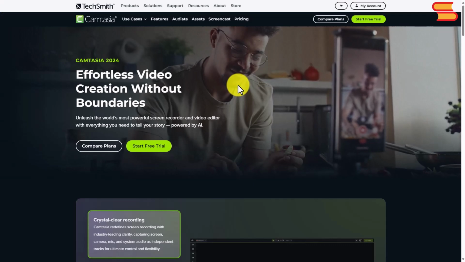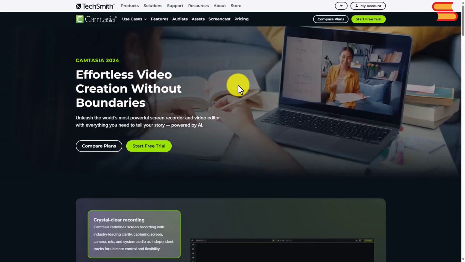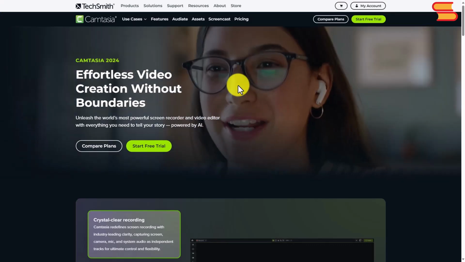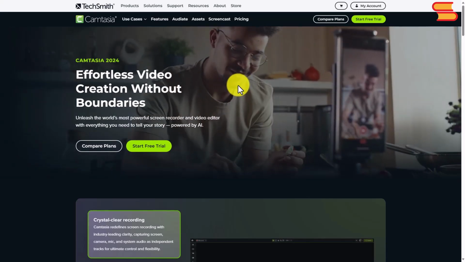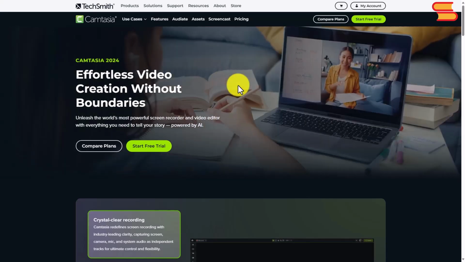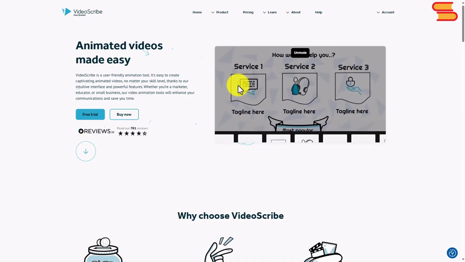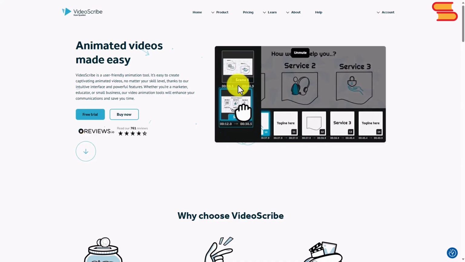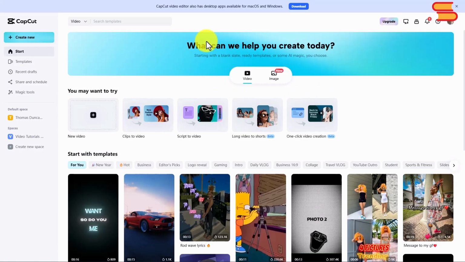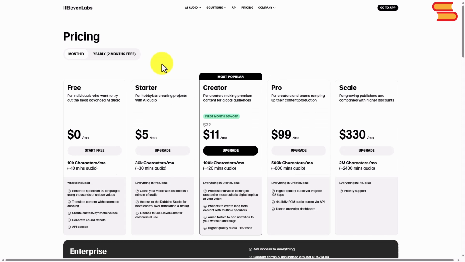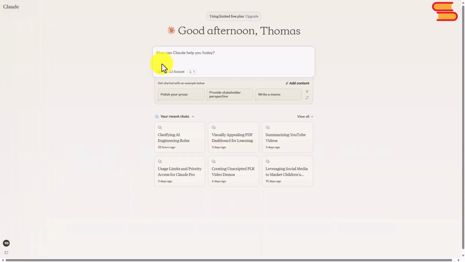Now, not all faceless videos are going to require a cloud-based AI in order to create them. In some cases, you can use a software and video rendering program like Camtasia Studio in order to construct your video. You may want to create a hand-drawn video that does not rely on AI, such as Sparkle Video Scribe. You'll also see tools that extend from the video editing feature of certain platforms. So it's a good idea to test the combination of tools that you'll need in order to create the videos that you want. And of course, when you need assistance with screen designing as well as video scripts, you can use a chatbot like Claude or ChatGPT in